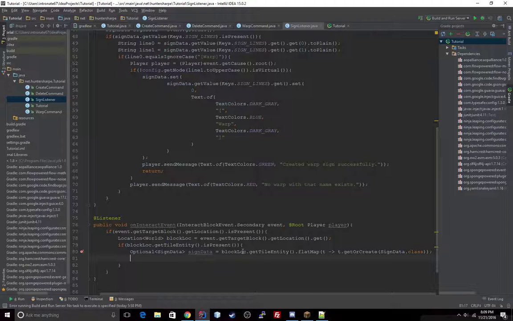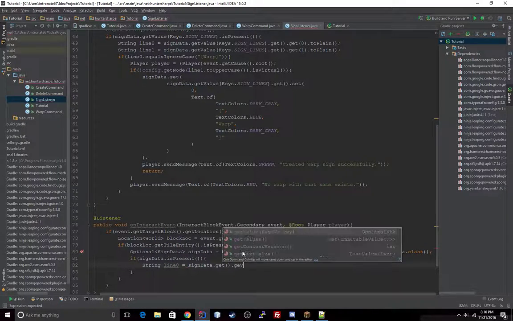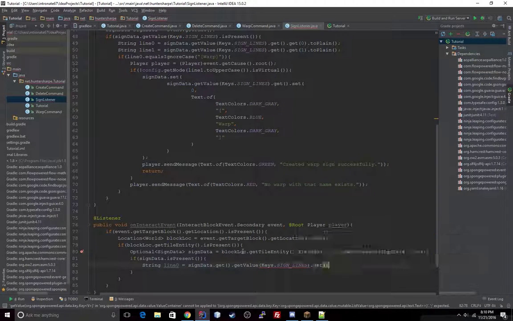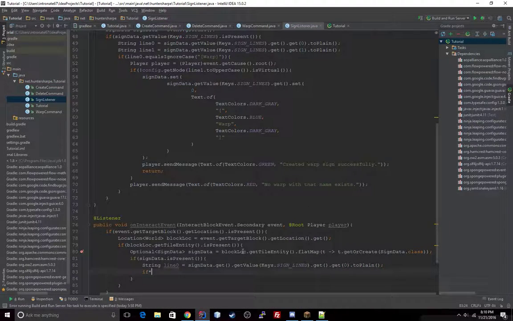And if it is present, we know it's a sign. We don't need to double check whether it's a sign, because if it has sign data, it has to be a sign, unless someone somehow gave, I don't know, a random block sign data. But I always need to check if that sign data is present. String line 0 equals sign data dot get value keys dot sign lines dot get 0 dot to plain, and if line